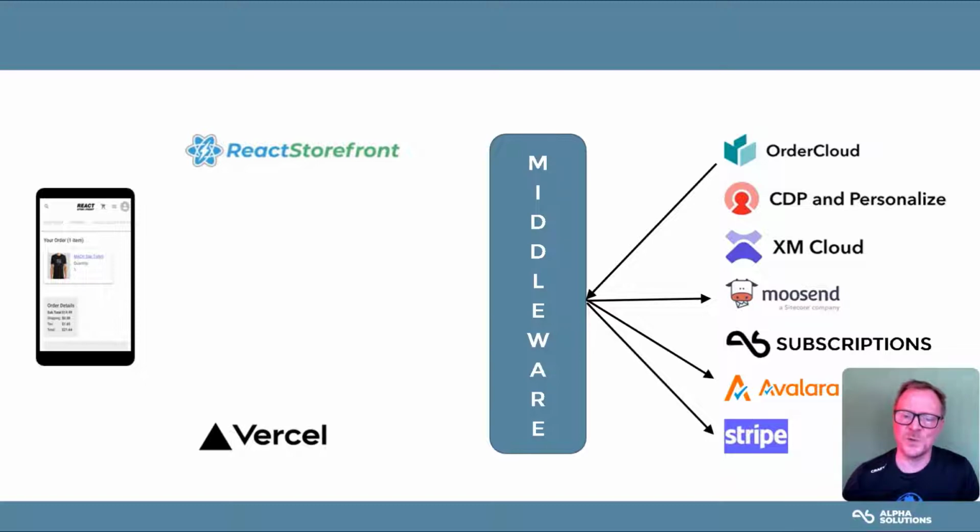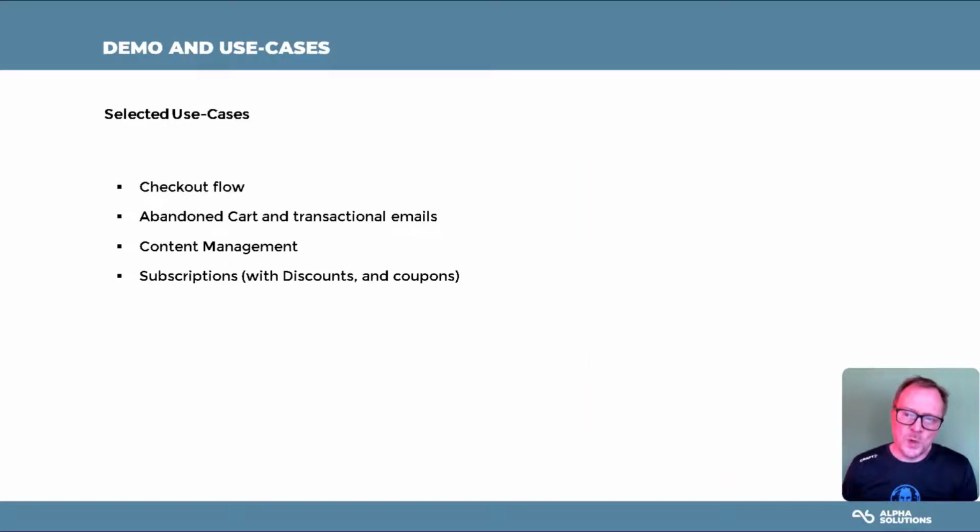That's the whole idea. If you start mixing these components together, you get a web where they're all dependent and you cannot change your components as you move along. Working with e-commerce gives you a lot of use cases to choose from. I've selected a few that I find central to running a commerce storefront, and that showcase each component's role and value. First, we have a checkout flow. Then abandoned cart and transactional emails, a little bit of content management, and finally subscriptions with some discounts and coupons as well. Let's move on.